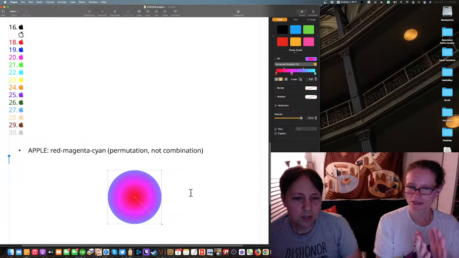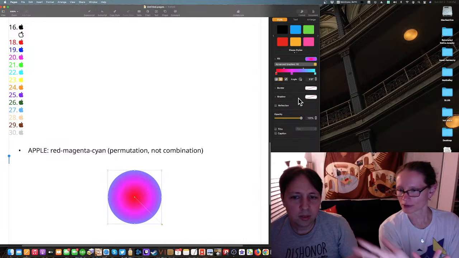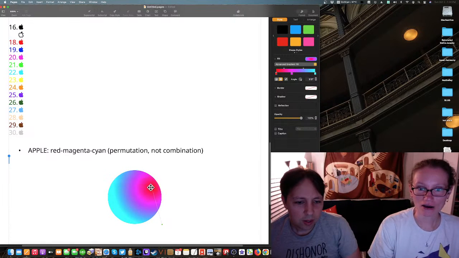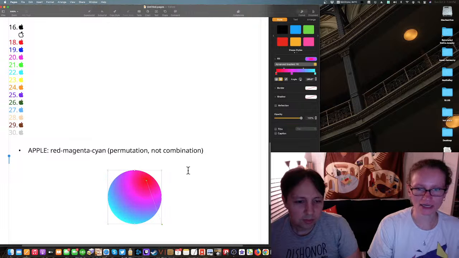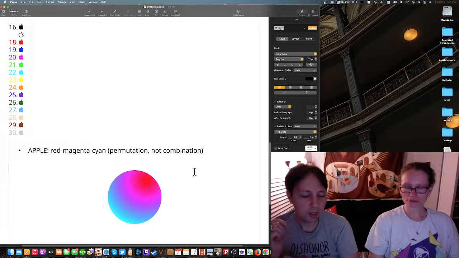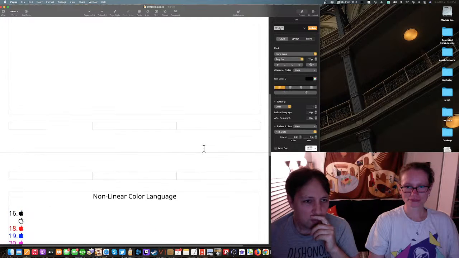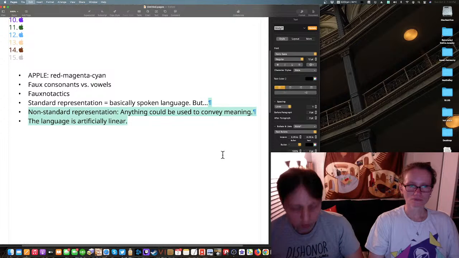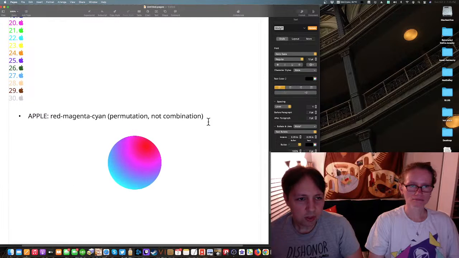Did you do it that way, or is there some sort of marble? Oh wow. Oh, fun! There we go. Yeah, put it at an edge. That really throws off everything. Oh, I like that. That's beautiful. Okay. Makes it look very spherical. So here we're going to stick with non-standard representation. You need that.